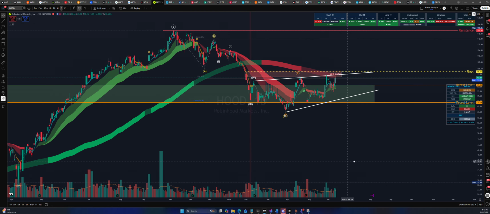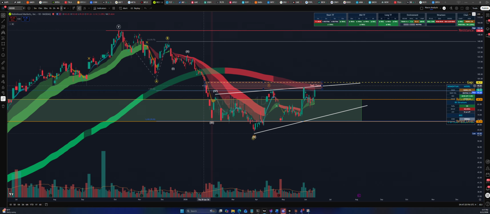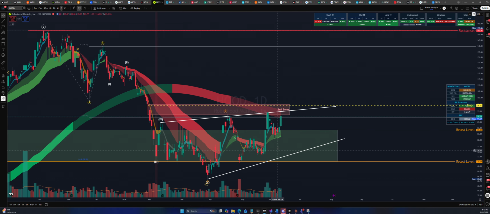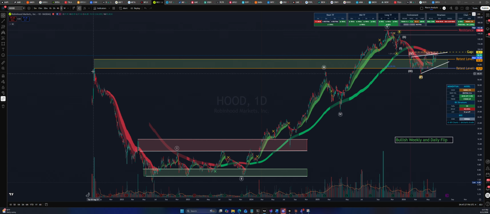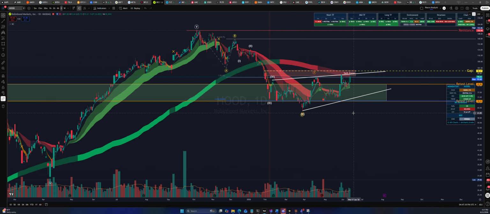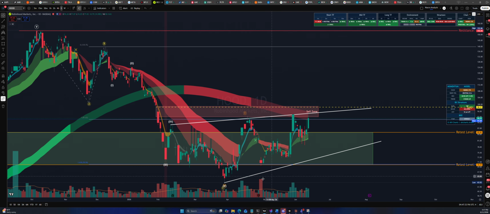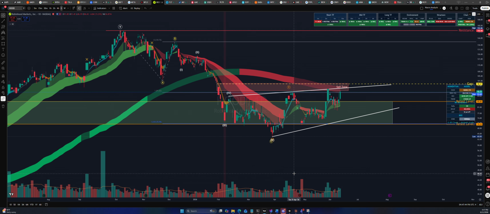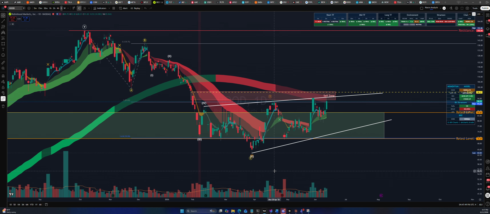But I am long, and the reason I am long is because I recognize this pattern as an accumulation pattern, because you're retesting a key level over here. And I'm looking at the volume price analysis. The volume on the buying side is looking better than the selling side. You're seeing increased volume on buying, decreased volume on selling. And that's an accumulation. That's how you read the volume price analysis. And I think it's very likely you could see a breakout on Robinhood